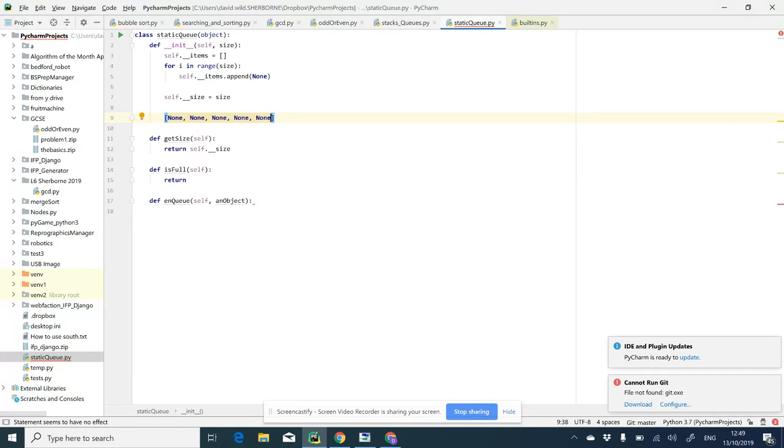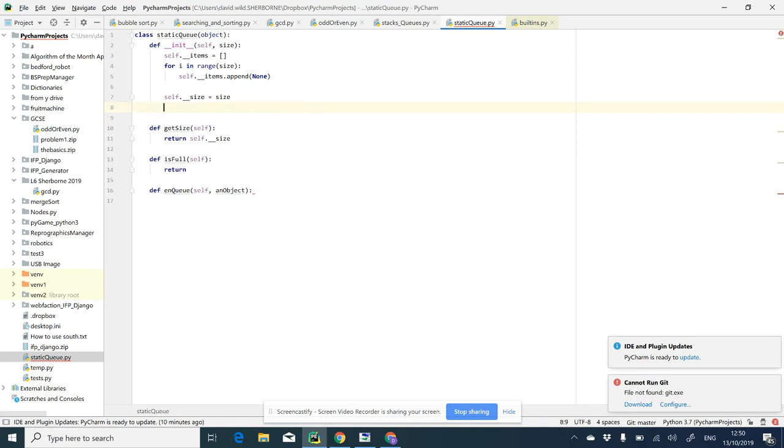So the size is fixed. That's 5 in this case. But the current size, or the number of elements that are in there, changes. Okay. So for example, if in the front of the queue was David there as a string, then that obviously would contain 1 item. So we need to maintain that